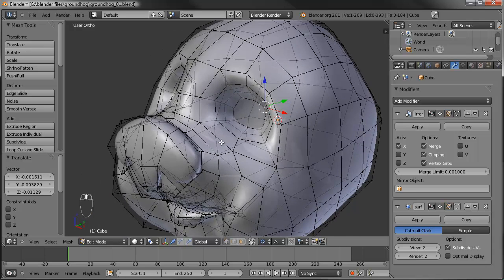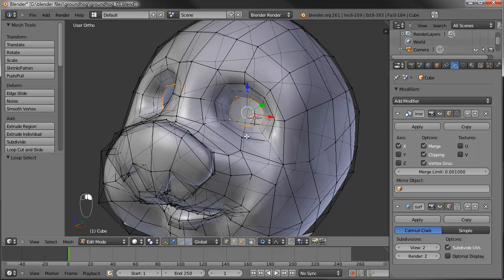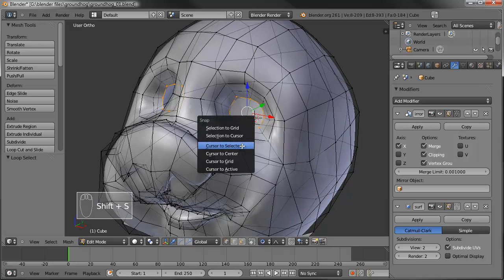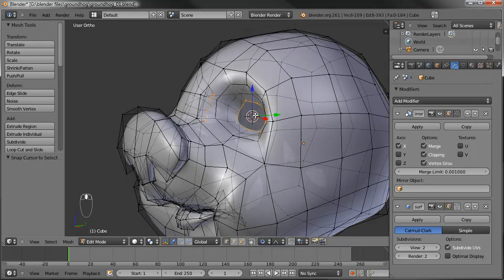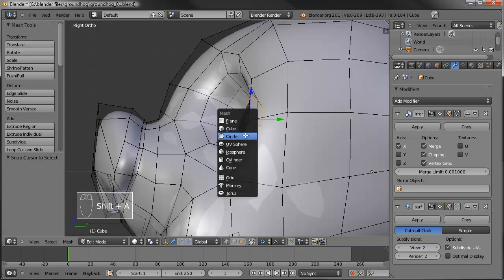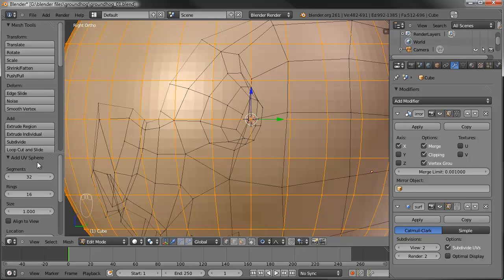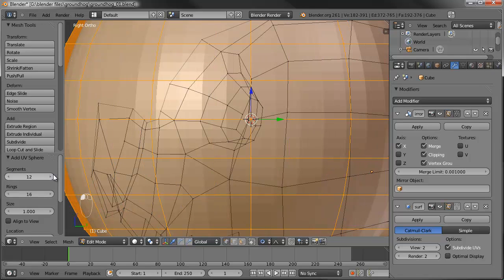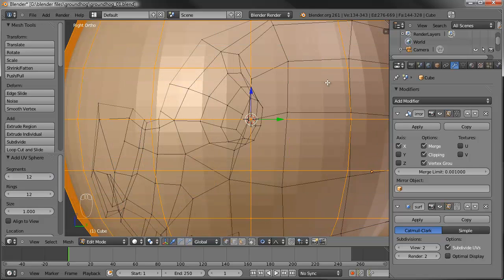So let's put our 3D cursor right there. Select that loop. Remember Alt and then right click on the edge. And we're going to go Shift S, cursor to selected. Put our cursor right there in the center of those selected vertices. Shift A, we're going to add a UV sphere. We don't need 32 segments, so let's just put 12, 12 rings as well. Okay, and we'll scale it down